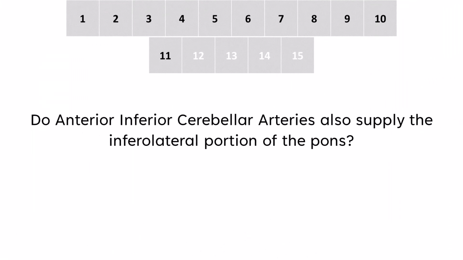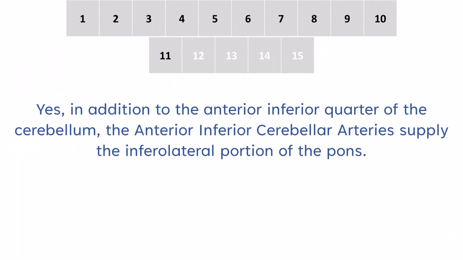Do Anterior Inferior Cerebellar Arteries also supply the infralateral portion of the pons? Yes, in addition to the Anterior Inferior quarter of the cerebellum, the Anterior Inferior Cerebellar Arteries supply the infralateral portion